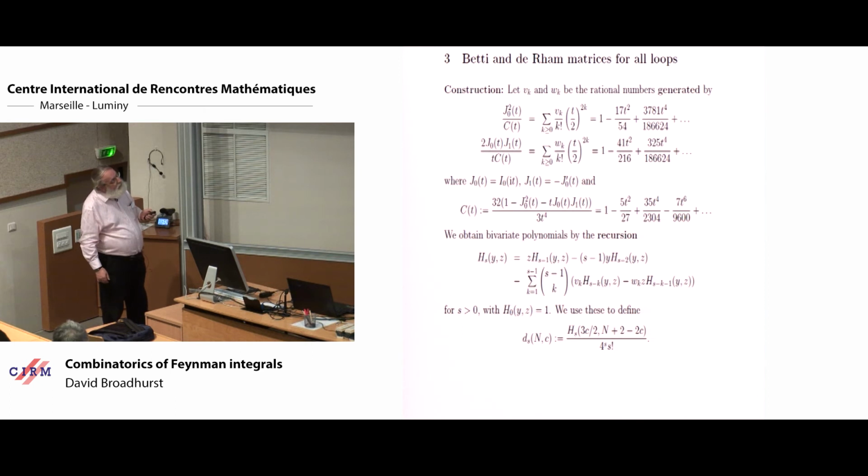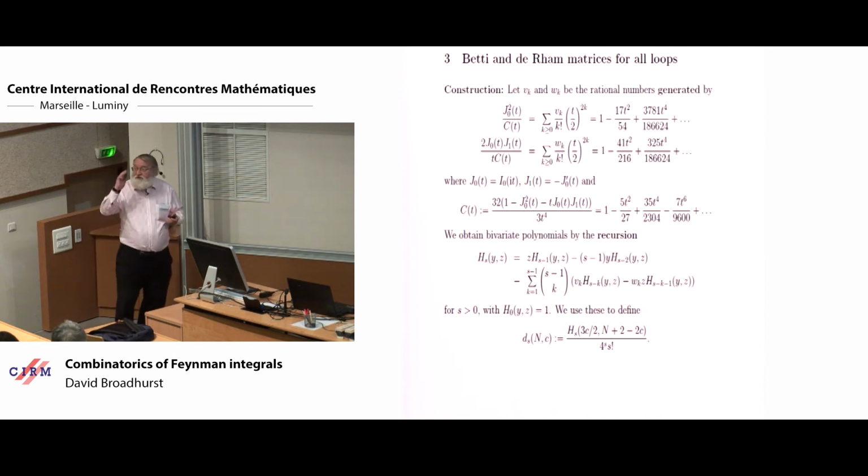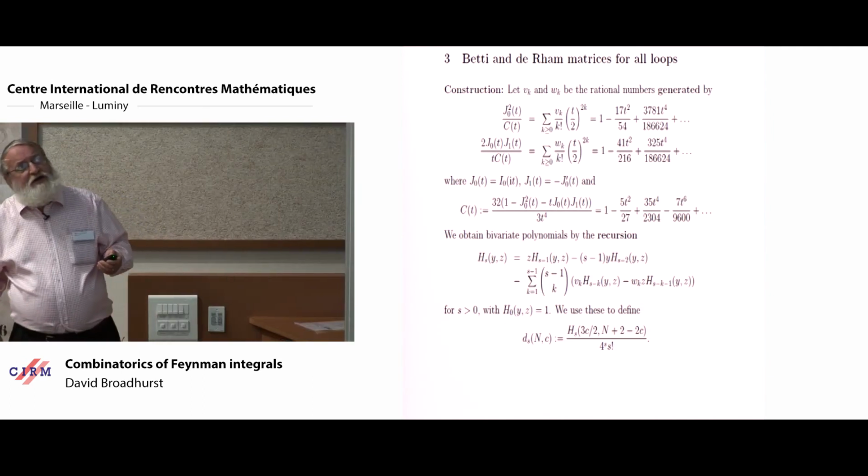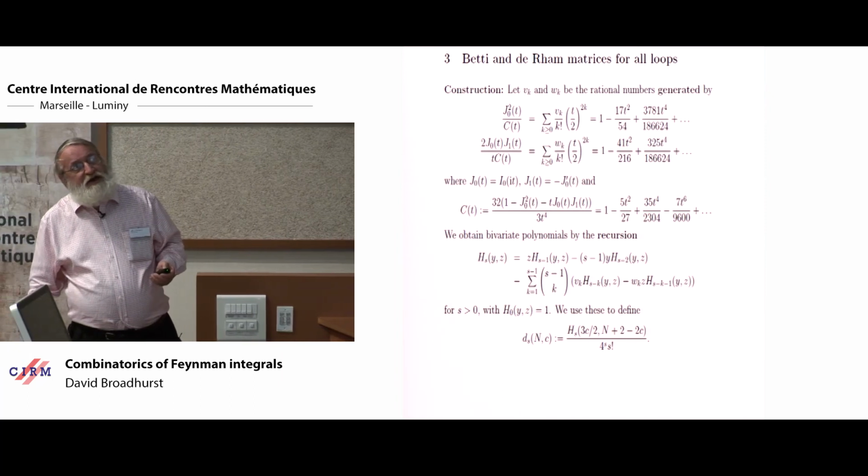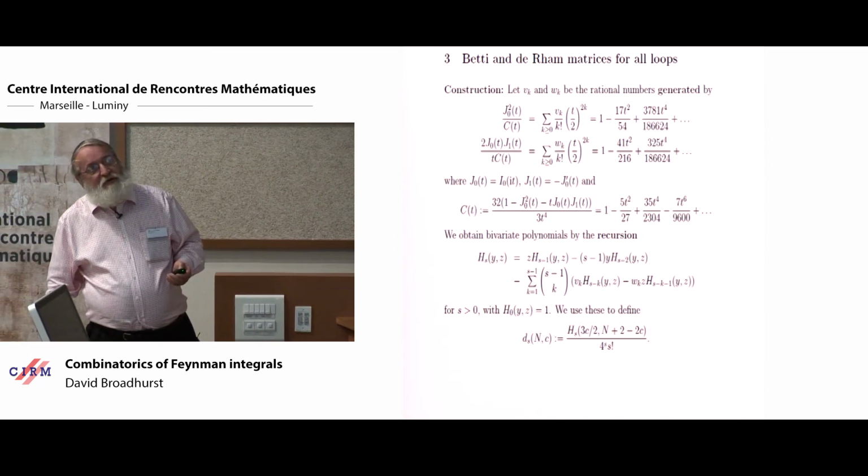So J0 squared starts off like unity, and if you work it out, twice J0 times J1 starts off like unity, and they both have expansions in powers of t squared with rational coefficients. So you could use them as generating functions for interesting rational numbers. And I'm going to do that, but I'm going to divide by C of t, and C of t is the unique combination of unity, J0 squared, and t J0 J1, which vanishes like t to the 4th. So I'm going to divide by the right power of t to the 4th, and so out of this thing, here I've got this series, and I'm going to divide by this series and define v and w to be,